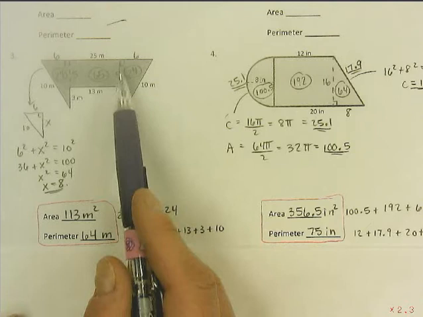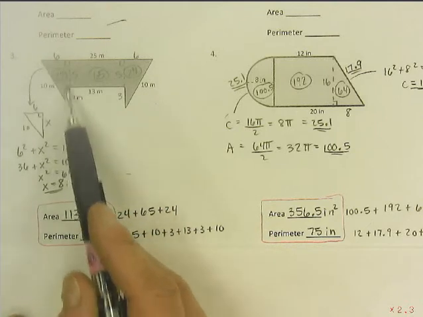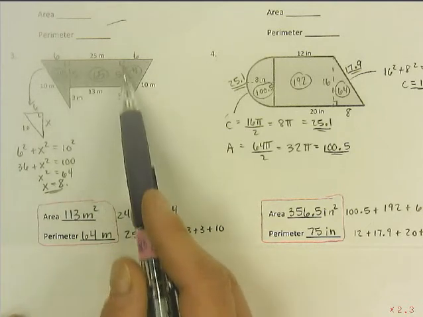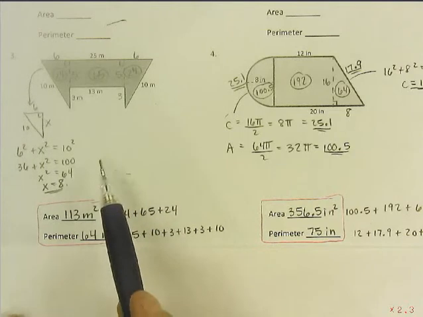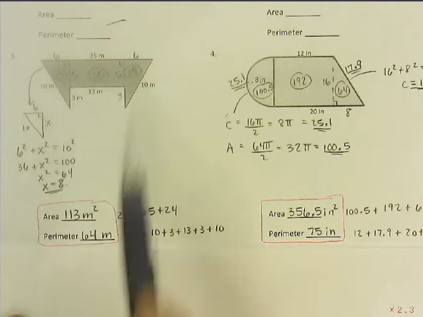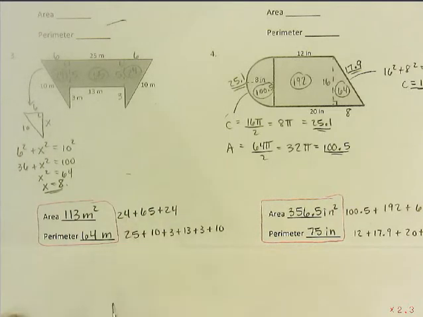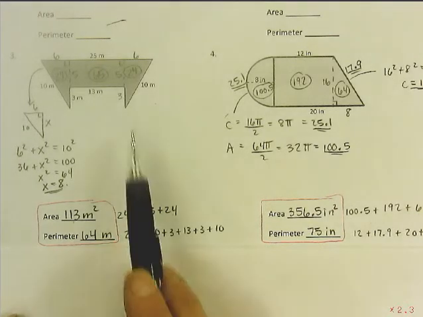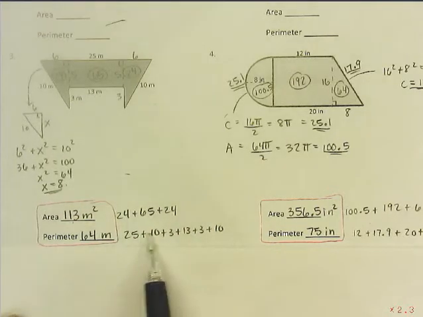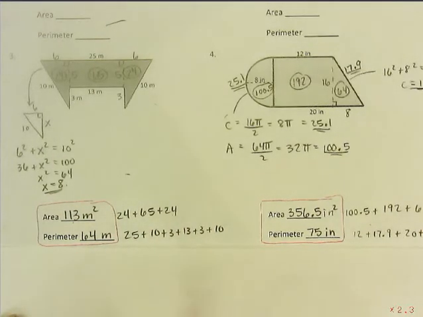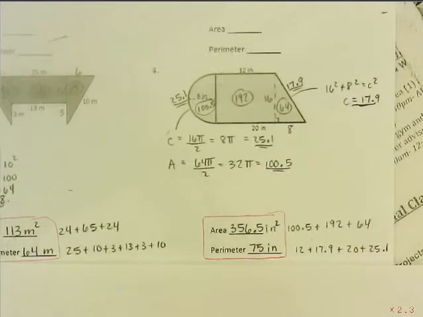So different ways to do this problem, but you could find the area of this triangle, the area of this rectangle, and the area of this triangle once you find all those dimensions. Just using your basic formulas, add these 3 areas together to get 113. And remember, the perimeter is just found by adding up all those lengths on the outside. So check those numbers. If you got that wrong, see where you made a mistake. Okay, and number 4,